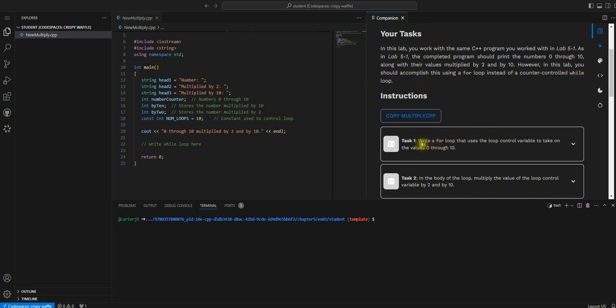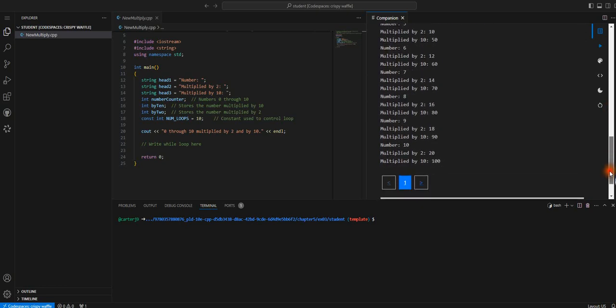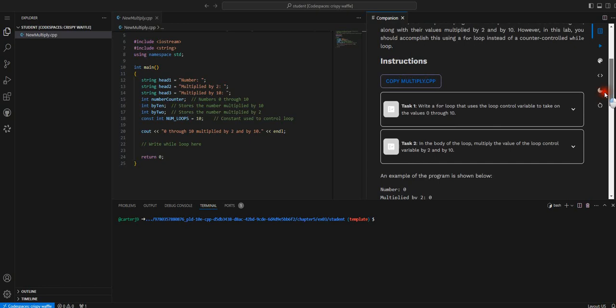So task 1, we're going to write a for loop that uses the loop control variable to take on the values 0 through 10. Task 2, in the body of the loop, multiply the value of the loop control variable by 2 and by 10. And here's an example of what we should get. So let's go ahead and